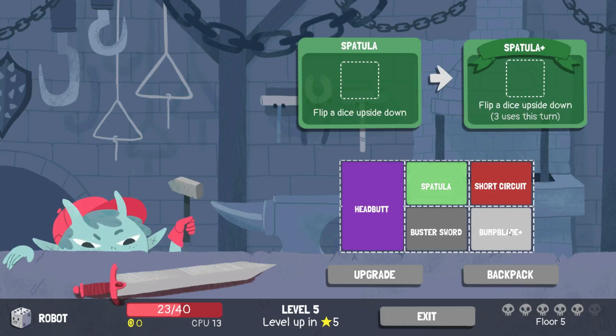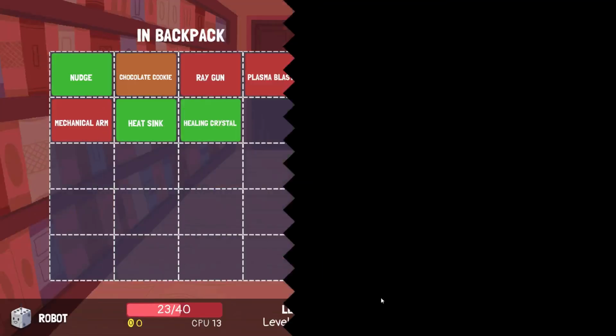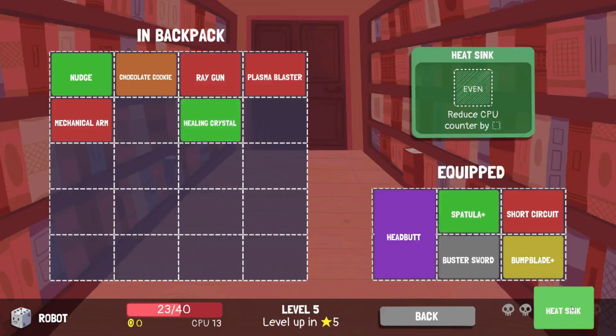Unfortunately, we're going to have to replace our bump blade with, because yeah, if we roll higher, then we're good, because Buster Sword and Short Circuit can accept 5s. Headbutt can soak up 4s and 6s, and anything that rolls low gets spatulaed, which can be done 3 times per turn, so we don't need the bump blade. So yeah, sad that I'm gonna redundancy one of our things here, but